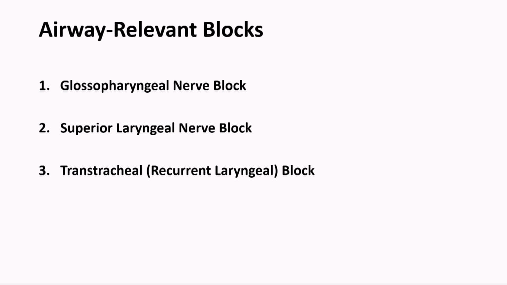Instead of blocking the recurrent laryngeal nerve, we are going to instill the local anesthesia into the trachea, eliciting a cough reflex, wherein the patient himself distributes the local anesthesia below the level of vocal cords, in full of the trachea. Okay. So glossopharyngeal nerve is located